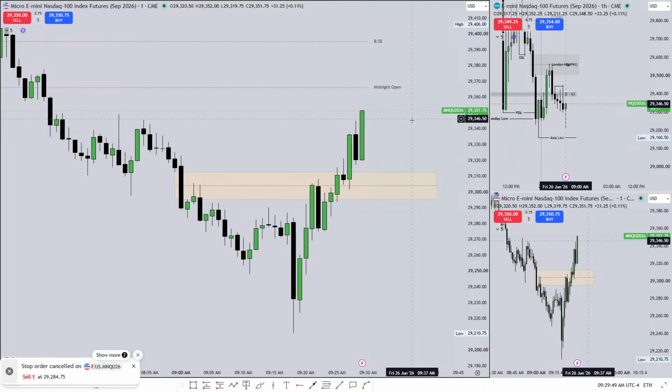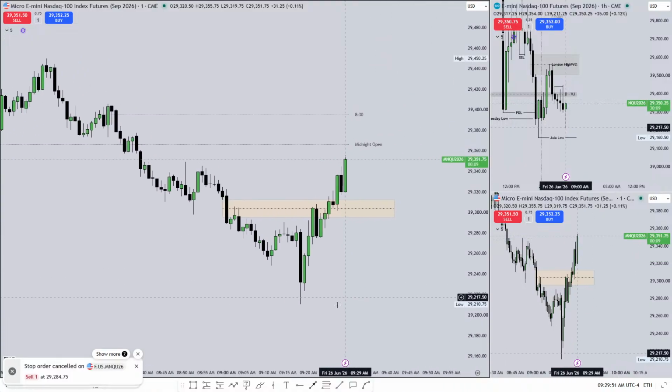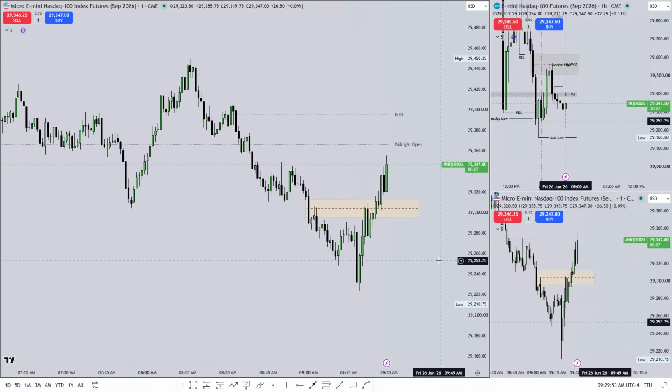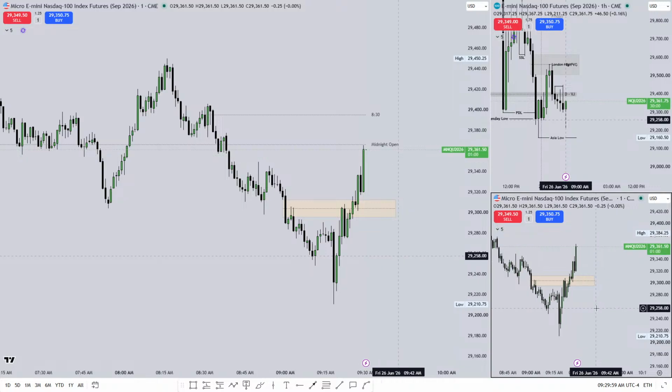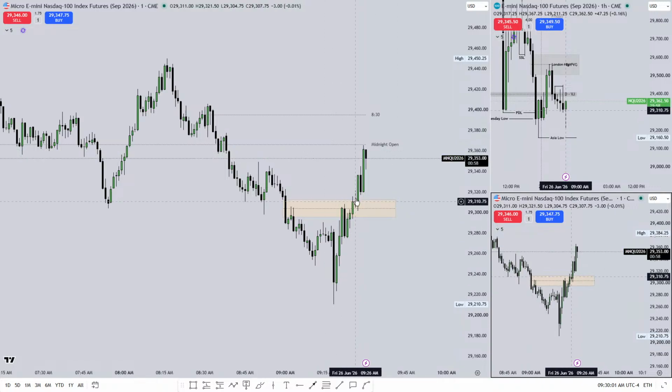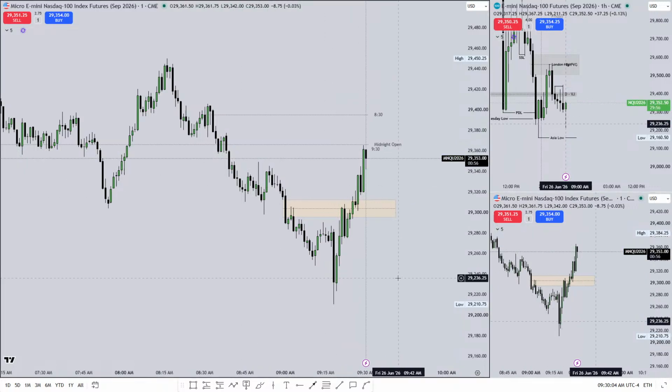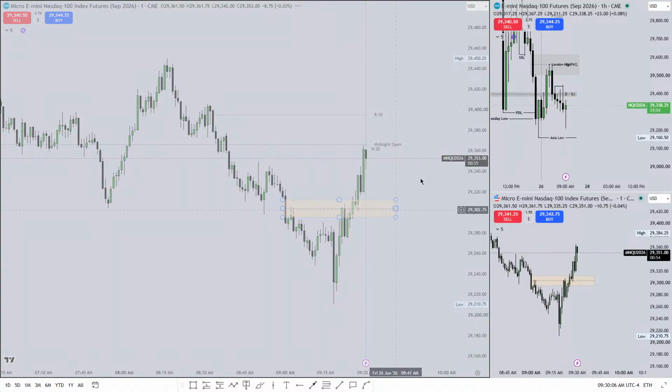We got open in 10 seconds. There we go. Okay. All right, so TP hit. Nice little pre-market trade right there. That was just a really simple change in the state of delivery up to equal highs. We got our open, so now what I want to do is look at my, all right,